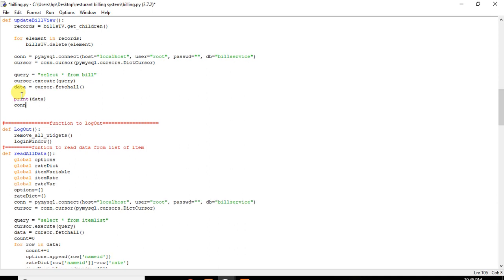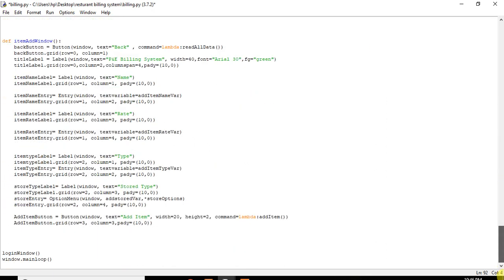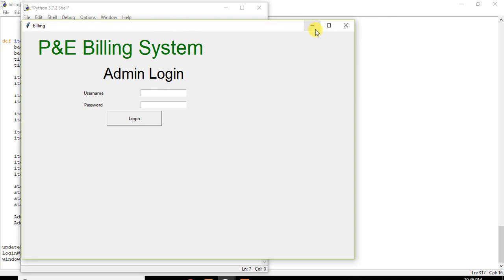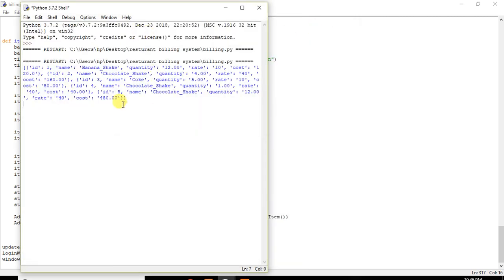Let's close the connection. Let's call this function in the main function. I'll call it simply before login so that we could find that. Let's run this. You should get that. Minimize that, we don't need that. Here you can see this is the list. Inside list,